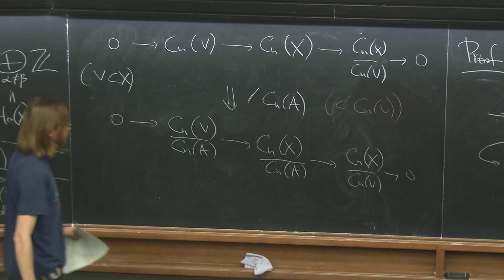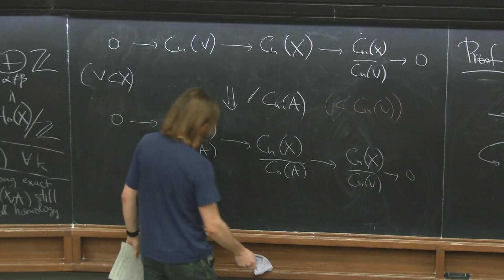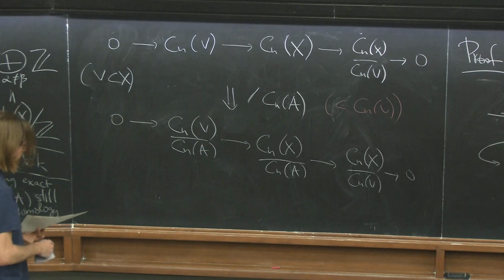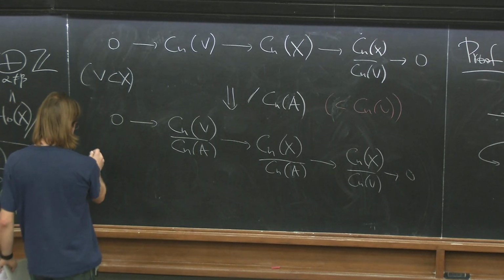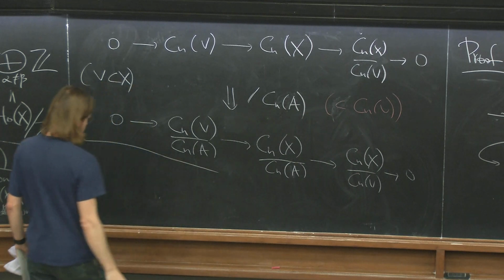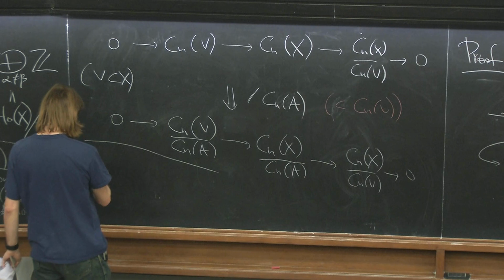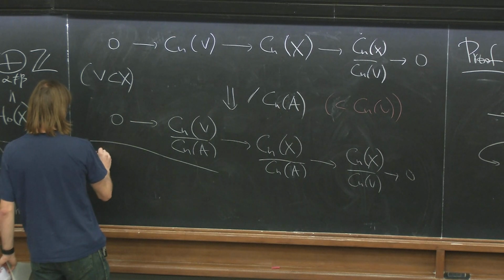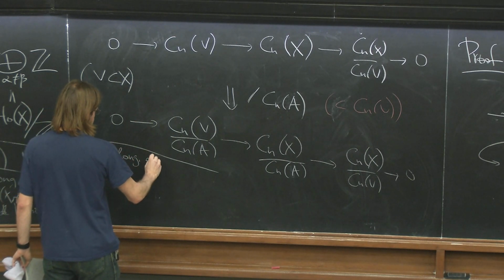Okay. And once you have a short exact sequence of chain complexes, this means that you have a long exact sequence of the corresponding homology groups. It induces a long exact sequence of the corresponding homology groups,